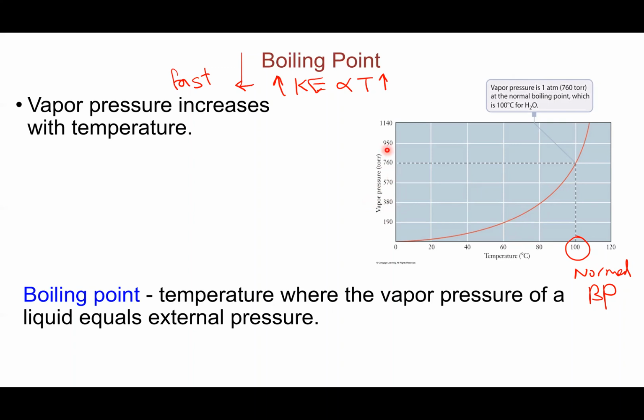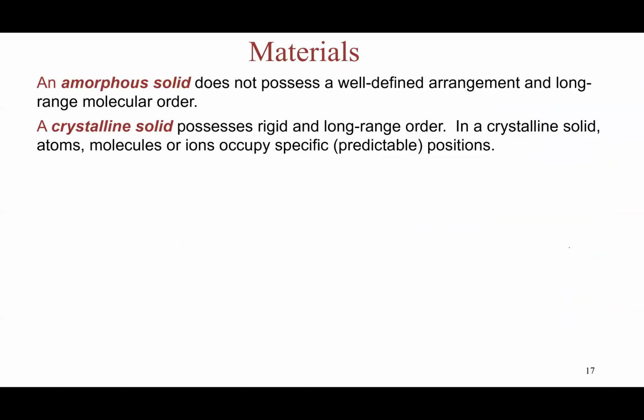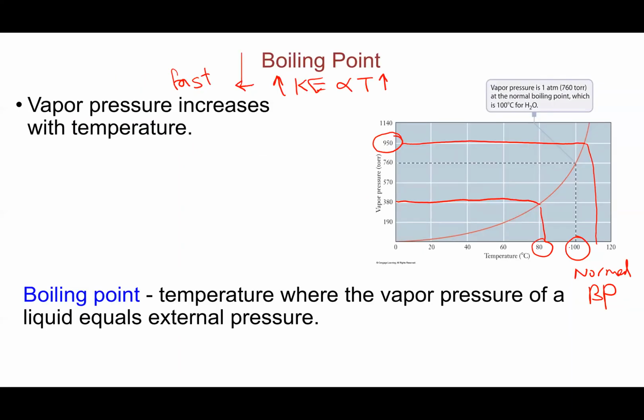So if you put the substance in an external pressure that is 380, for example, you should expect water to boil at 80 degrees instead of 100 degrees, and vice versa. If you put it at something higher than 1 atmosphere, it's going to boil at higher temperatures than 100 degrees. So it's not one boiling point, it's several boiling points depending on the external pressure, but the one that corresponds to 1 atmosphere, which is the standard pressure, is called the normal boiling point for the substance, and it is 100 degrees for